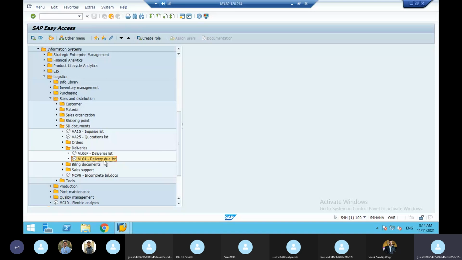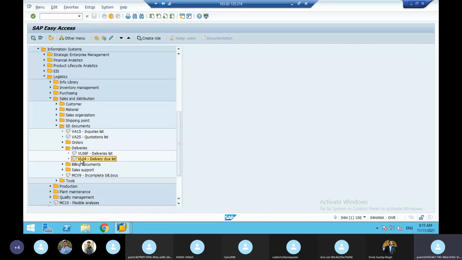The end user is telling, for three delivery numbers, three customers, we have not done PGI. We have saved the delivery because the outstanding is more and the check got bounced and all. Now they have given the payment and all. Now I want to remove that delivery number from the due list. When you remove the delivery number from the due list, then it becomes a delivery list. After the delivery list, what next? You have to do billing. Delivery is successful. So that is why the delivery due list.